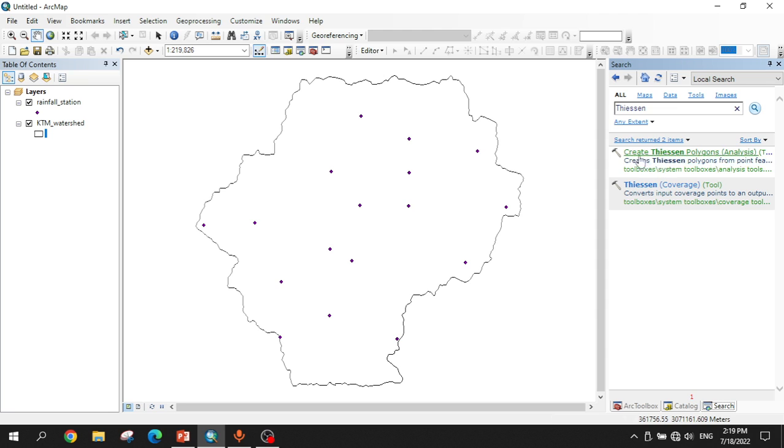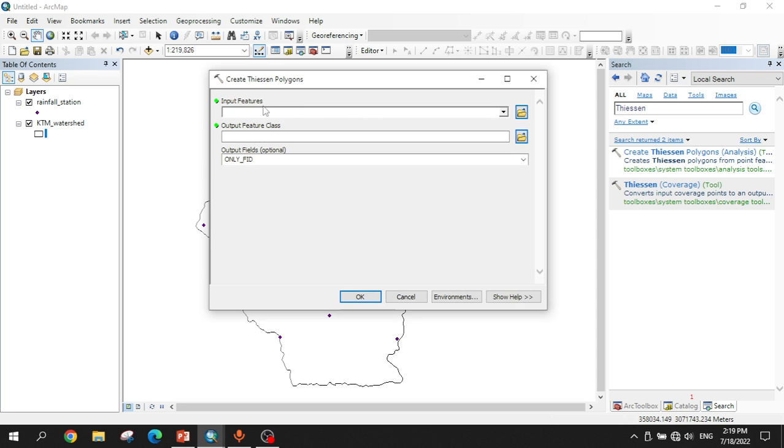So we have to click here, Create Thiessen Polygon. Then this type of dialog box will appear. For the input feature, we have to drag the rainfall station, and I have to write the name